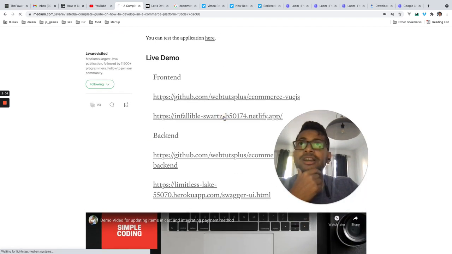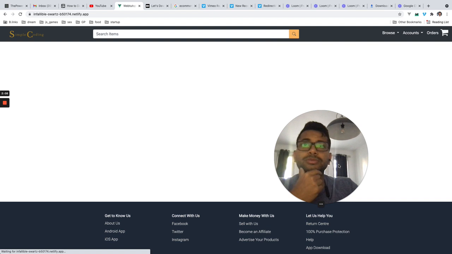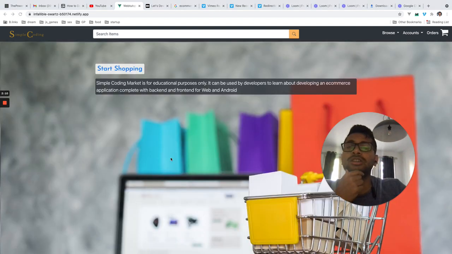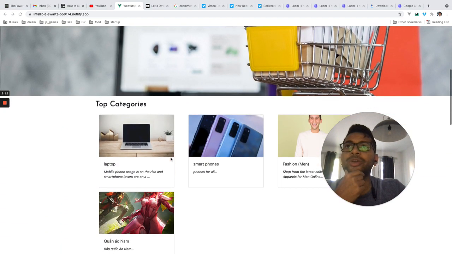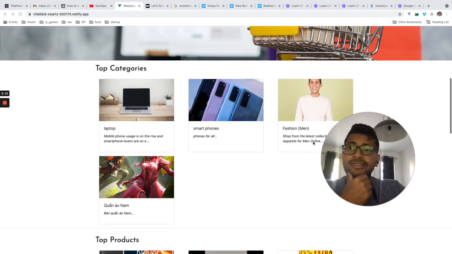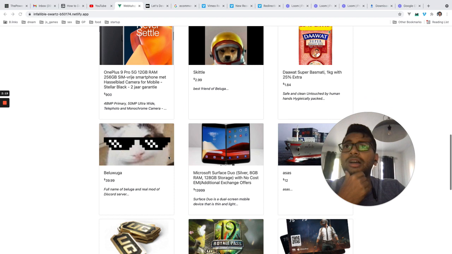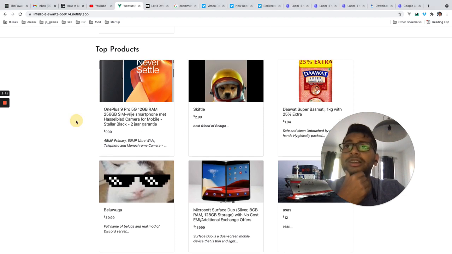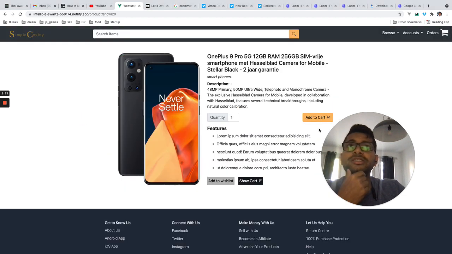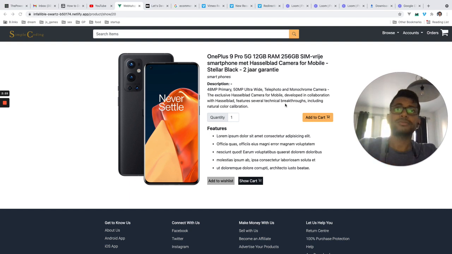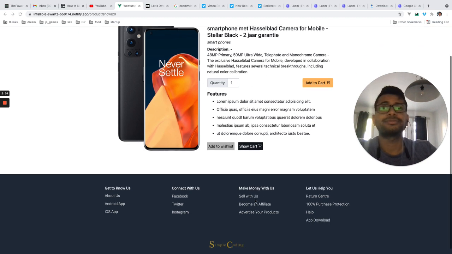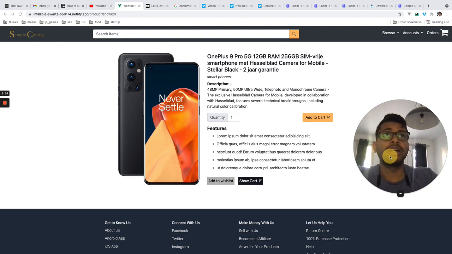If you see, we have a front end, and you can see that we have some categories and some products, and if you click on a product, you will see that we have the description, the add to cart feature, add to wish list feature, and everything.